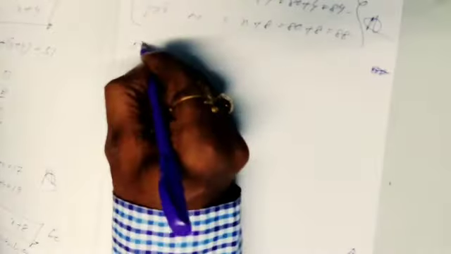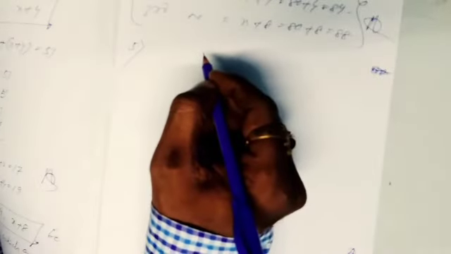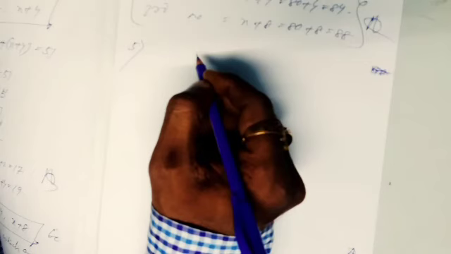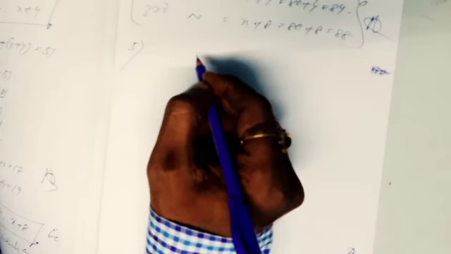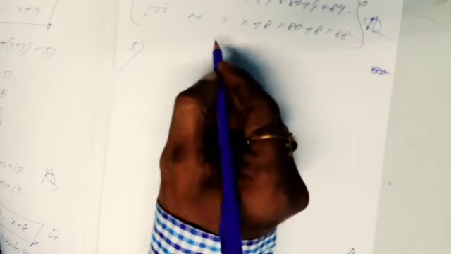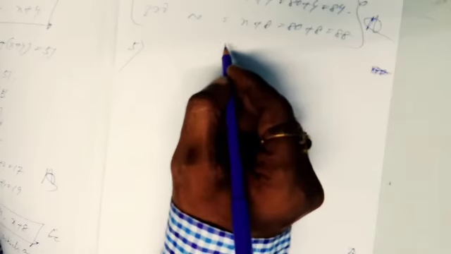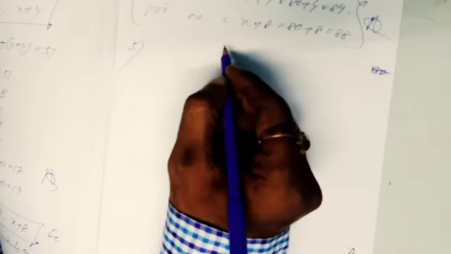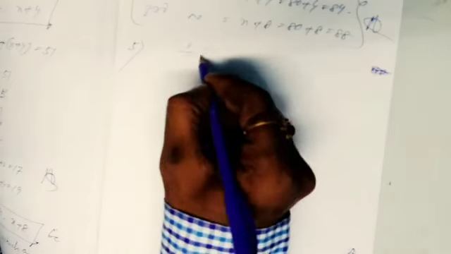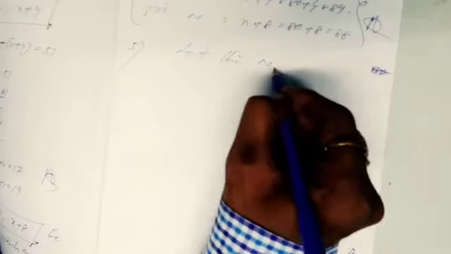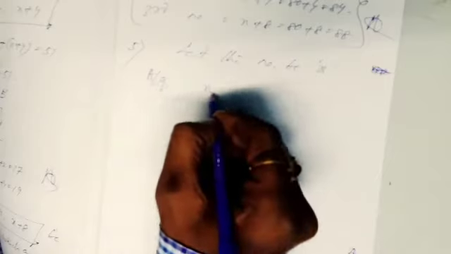Number 5. See, the next question is given. Find a number which is 24 more than its 2/5. Let the number be x. So according to the question, I will write that x is equal to